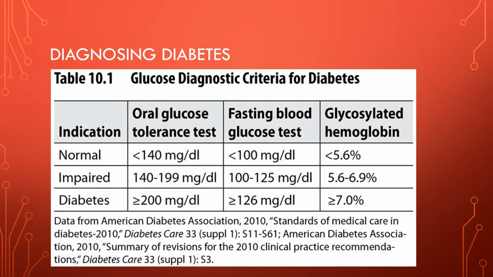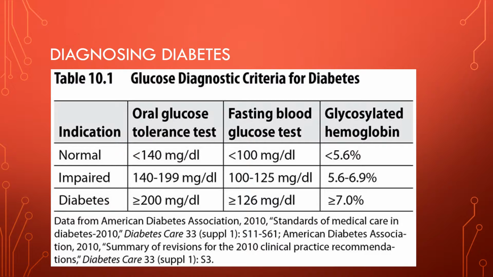So there are 3 different ways to assess or to test for diabetes, but the most common way is what you see in this first column, the oral glucose tolerance test. This is when someone consumes a certain amount of a high glucose, usually a beverage, a very sugary drink, kind of like a Kool-Aid or a Gatorade. It tastes terrible, and they drink this substance, wait a certain amount of time, usually 1 hour, and then blood sugar is measured.